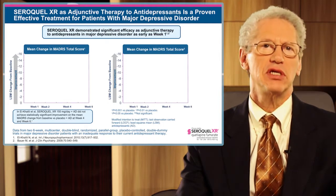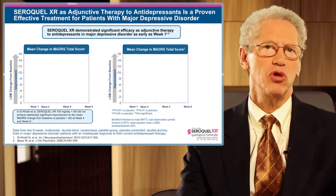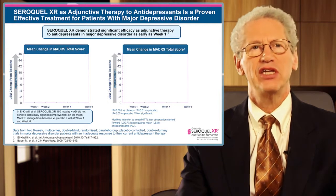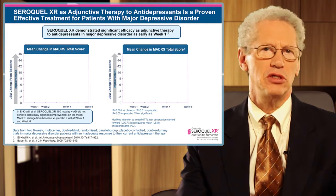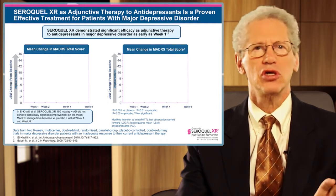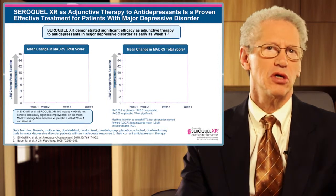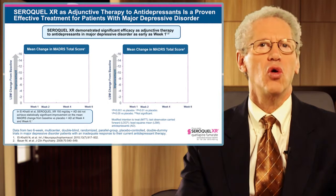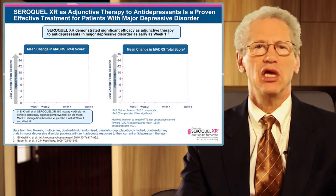Seroquel XR efficacy and safety was evaluated in two 6-week, multi-center, double-blind, randomized, parallel group, placebo-controlled, double-dummy, phase 3 trials. These trials included 939 patients with major depressive disorder who had an inadequate response to their current antidepressant therapy. They received Seroquel XR 150 milligrams per day, or Seroquel XR 300 milligrams per day, or placebo, in combination with